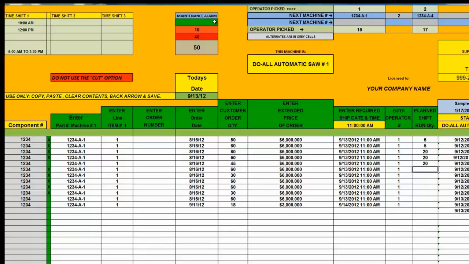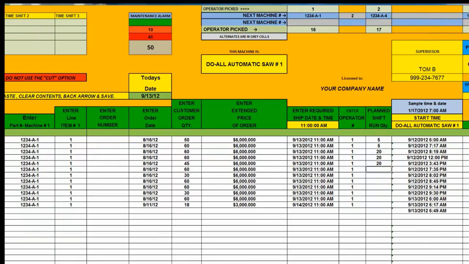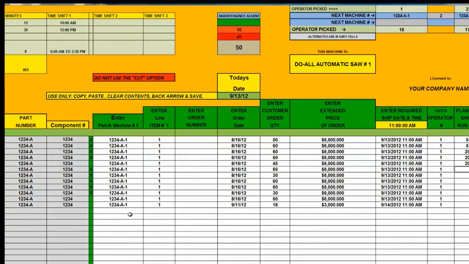Okay, now you see that the quantity that was in yellow has now moved into orange, and portions of the orange have now moved into the red, and we still have 50 minutes worth of maintenance that's really close now. So what we would probably do, because we show no customer demand down here after 6:48 a.m. on this machine, is basically as simple as this. M for maintenance, machine 1,